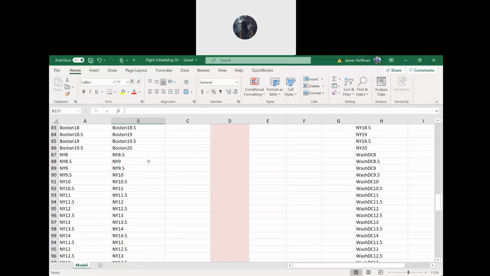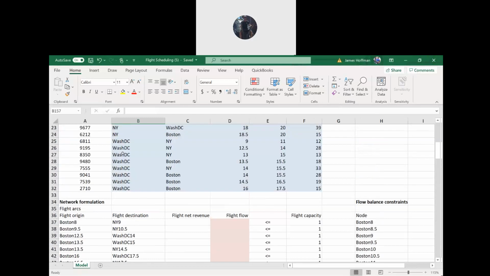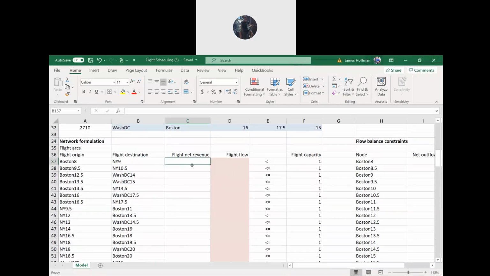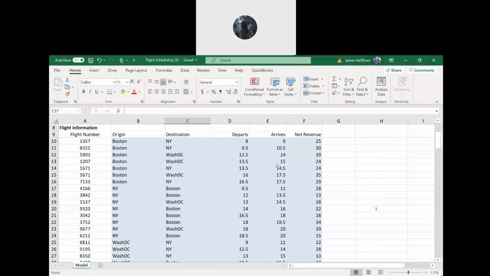All right, scroll up to. Here we go. Okay, so what we're going to do in this step is, the inputs, we have the revenue